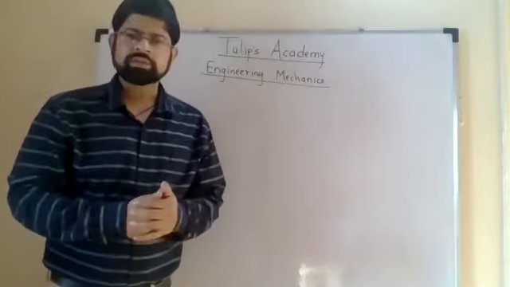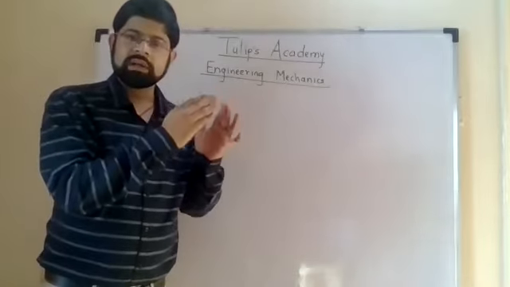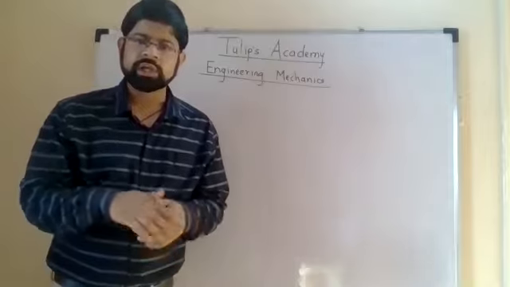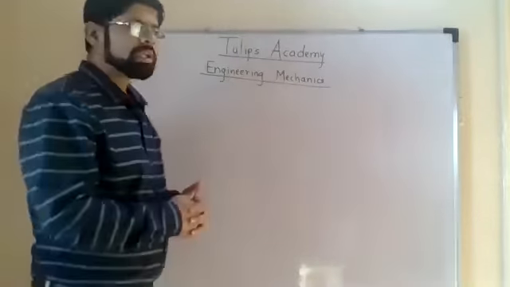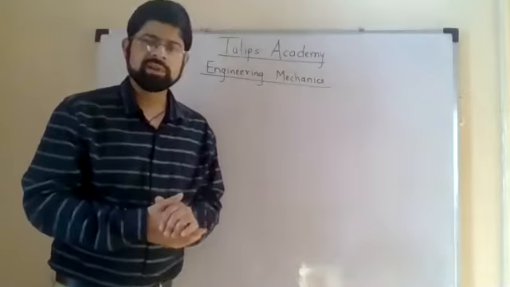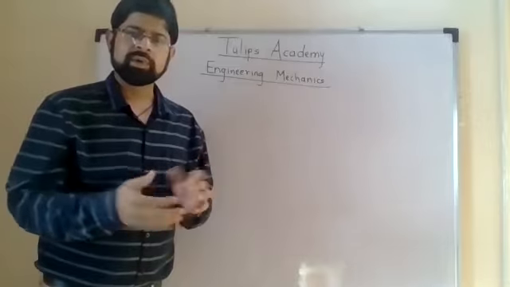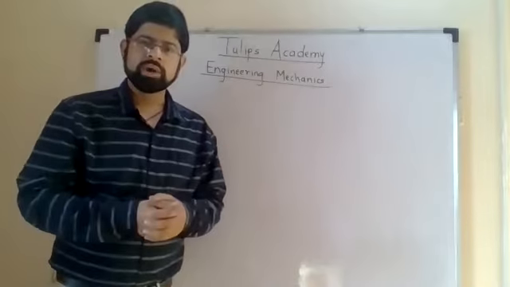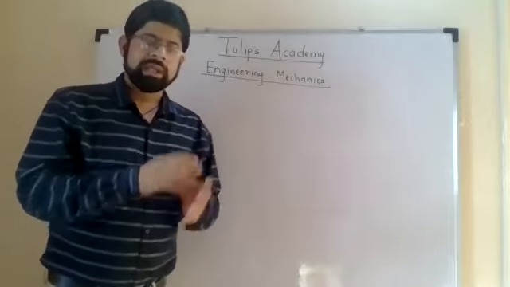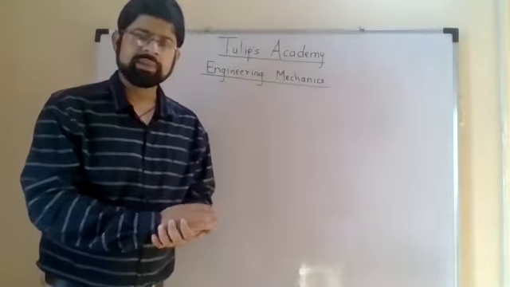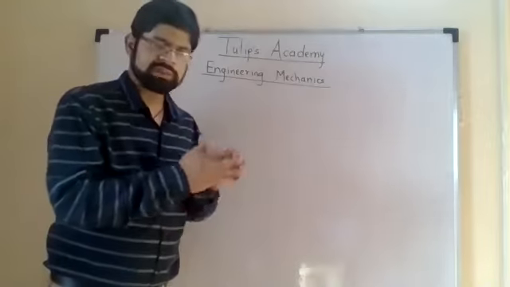In the previous video we have seen the process of resolution of the force and we have seen the types of resolution, that is perpendicular resolution and non-perpendicular resolution, and we had started with the perpendicular resolution. In the perpendicular resolution, we have seen the process of resolving the force along two perpendicular directions, that is along x-axis and along y-axis. According to rules of the quadrant, the x component may act along a positive direction or negative direction, and same for the y-axis. If the force is tensile, then how to resolve it, and if the force is compressive, then how to convert it into the tensile by using law of transmissibility of force, that we have seen in the previous video.